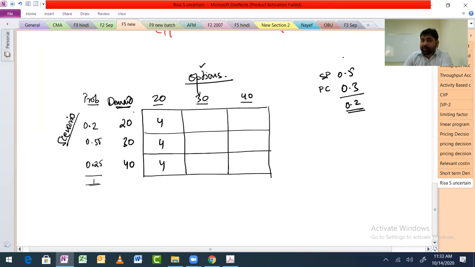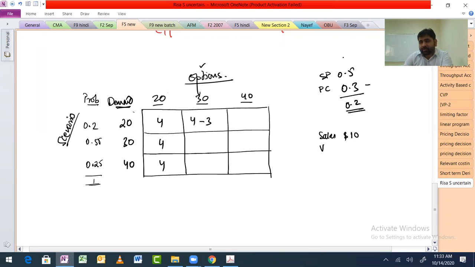Now similarly, 30. So you are buying 30 and selling 20. You will be making $4 profit on the 20 sales. And the remaining 10 units which you are unable to sell, you will have to throw away, right? So 10 into 0.3, there is a loss of minus 3, because of those 10 magazines. Or you can do the full maths. You will be able to sell 20. So 20 into 0.5 is $10. That is your sales.